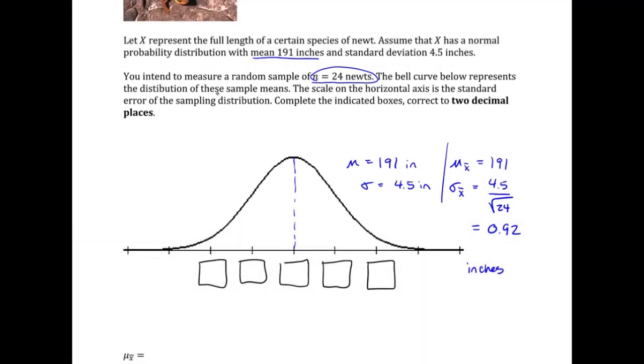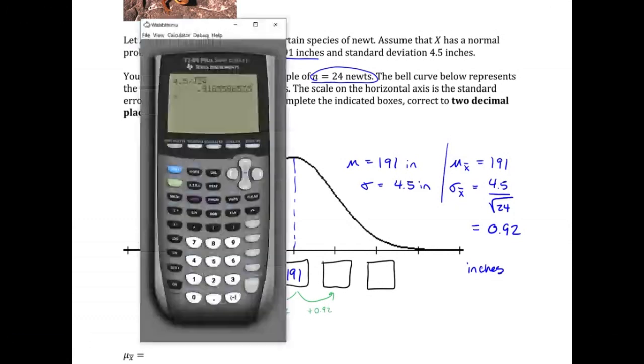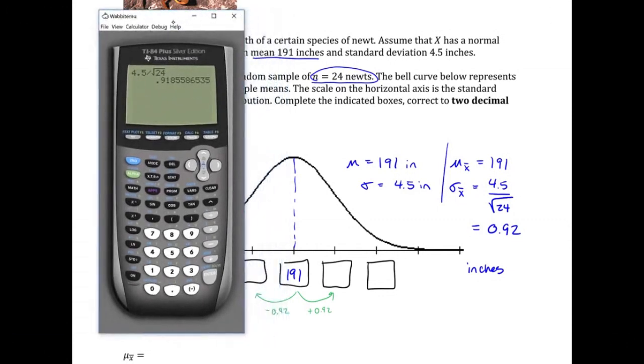So the mean is, in this case, the mean of the sampling distribution, which is 191. Now, if we start going out from the mean, one standard deviation to the right or one standard deviation to the left, we just add our new standard deviation or subtract our new standard deviation. So using the calculator, if I take 191 minus 0.92 and 191 plus 0.92, then